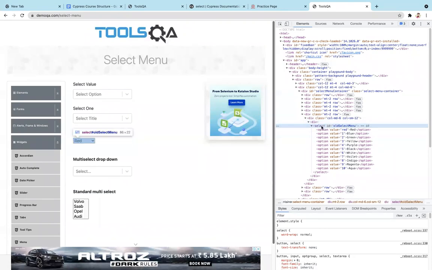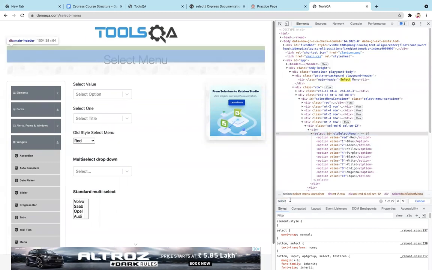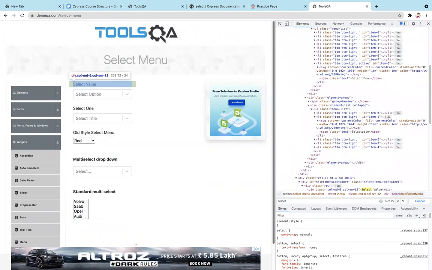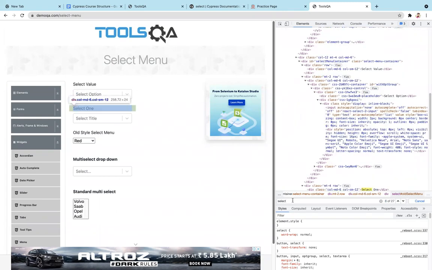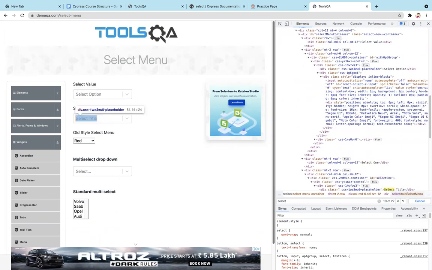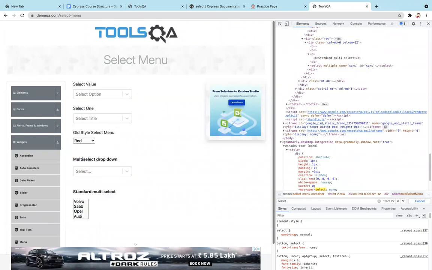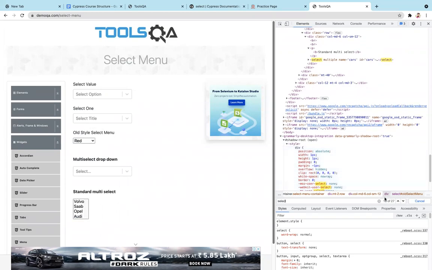So might be with this select, we have multiple drop downs. Might be we have multiple select tag options, and that's why Cypress is getting confused.